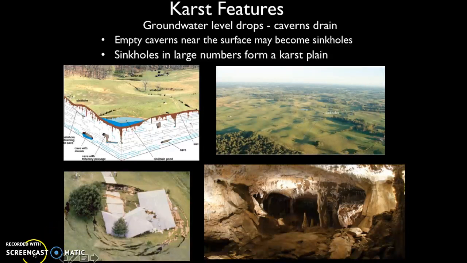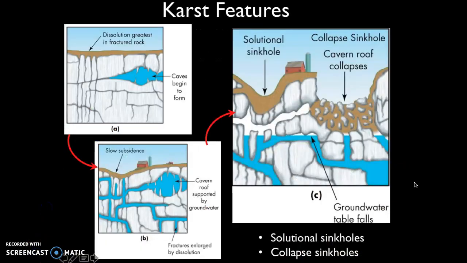Okay. This slide here gives you kind of a progression of how the karst topography forms. As it says, the dissolution is going to be greatest in fractured rock. That is because there is more surface area for the water to do its weathering job. So if you have either physical or chemical weathering, the greater the surface area, the more weathering that there can